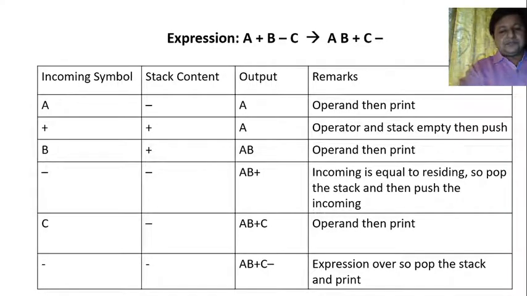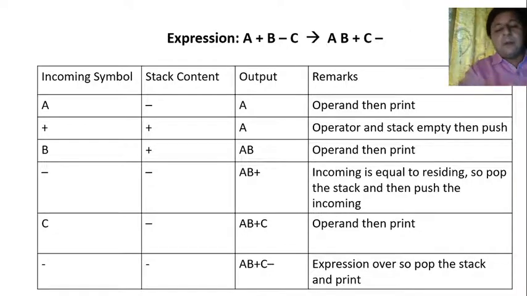And that's the reason you can understand why we haven't learned the rule as such, because both of them can be combined. That if incoming is even less than or equal to residing, then we have to pop the stack. Now the question arises, till what do we have to pop? Maybe let us complete this expression, then we'll think about it. So next is C. So it got printed, and finally minus will obviously be popped out of the stack. So AB plus C minus. Yeah, so we got one rule. Let us talk about that. If incoming is less than or equal to residing, you have to pop the stack and then push the incoming.